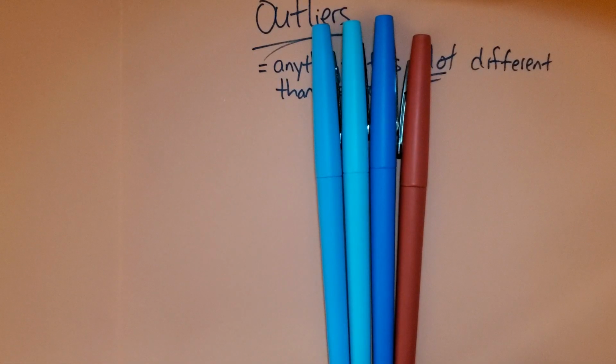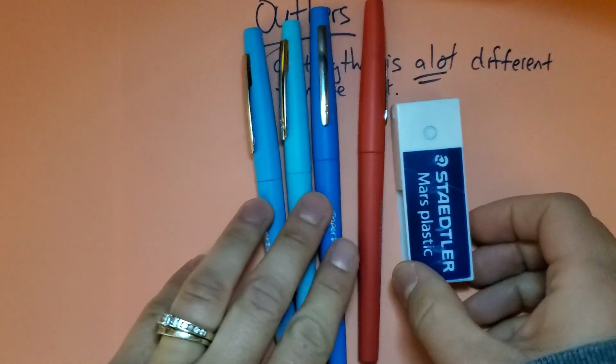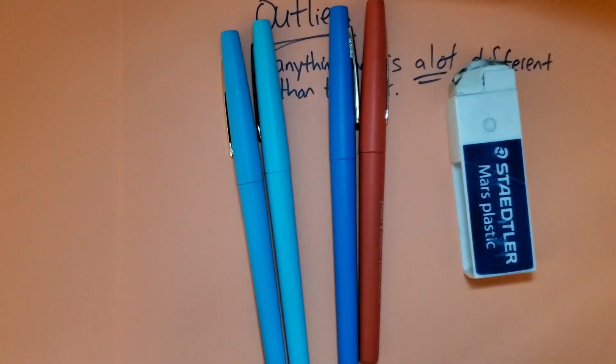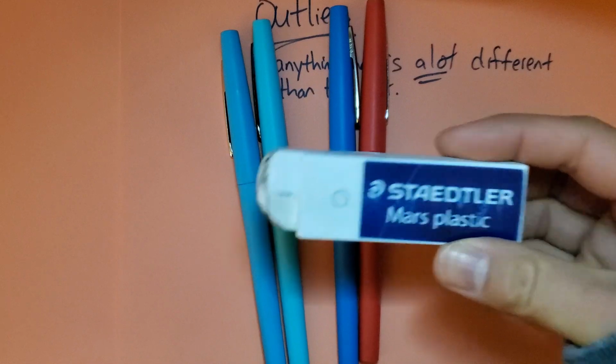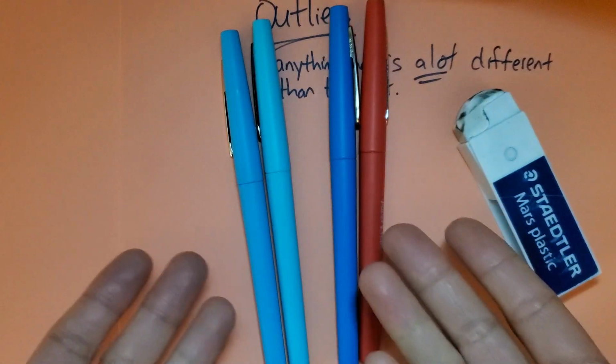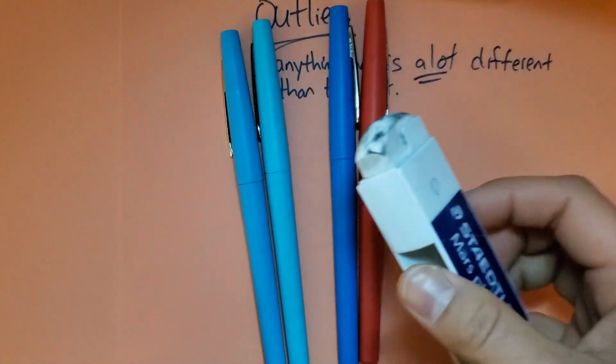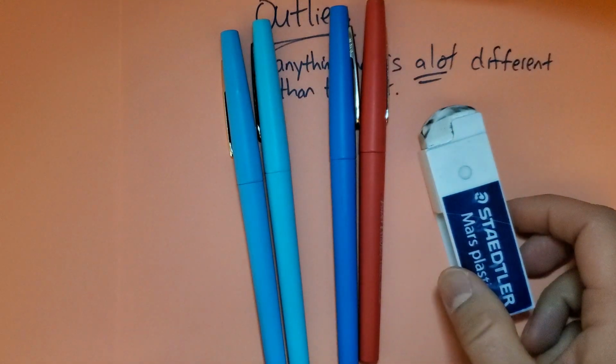All right. Let's take these pens again. Let's add in my eraser. Now, what is the outlier? I'd argue that it's the eraser. These are pens. They're all the same. This is an eraser. That's different. This is the different one. All right. Now,